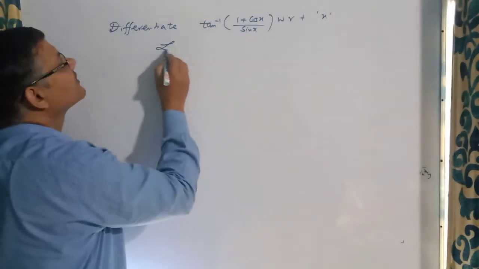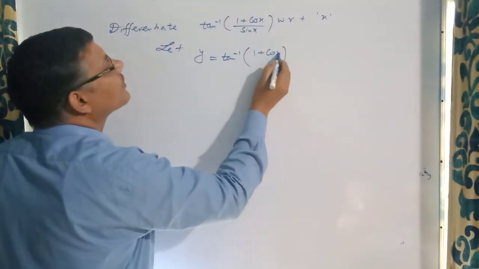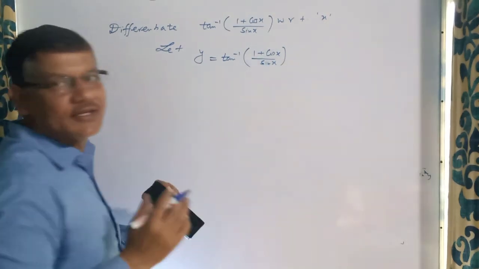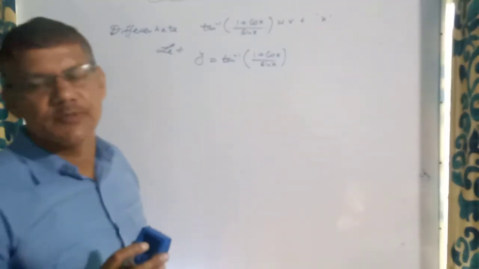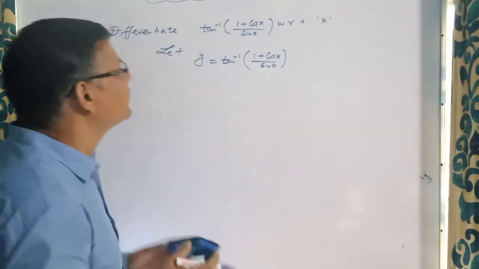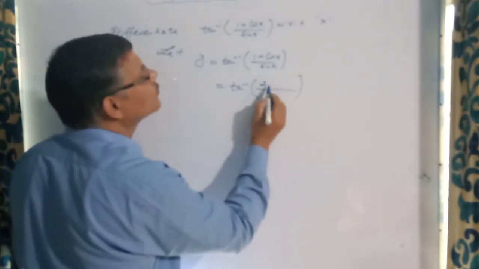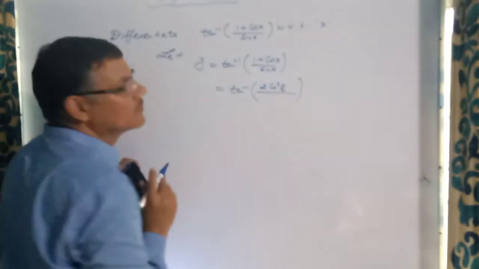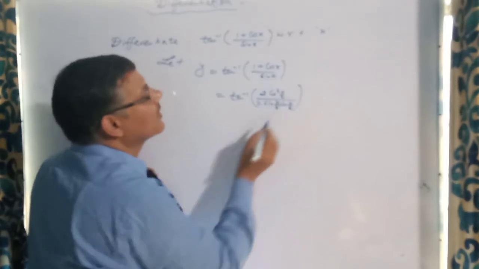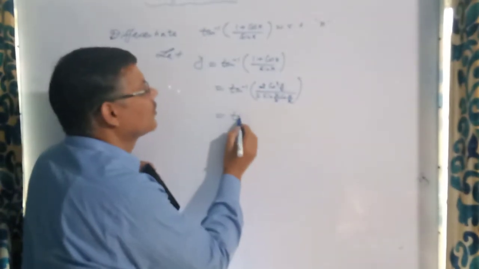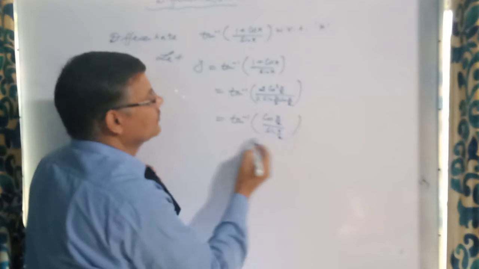First of all, we take let y equal to tan inverse of cos x by sin x. Now you will ask, sir, why did we take let? To do half the work, it means to simplify the function, like in the inverse trigonometric function questions where it said simplify the function. Okay, so I write here tan inverse, what is 1 plus cos x? Actually it is 2 cos square x by 2. Okay, by trigonometric identities it is 2 sin x by 2 and cos x by 2 by using the formula of sin 2a. Now when we cross out, then it is cos x by 2 over sin x by 2 and it is equal to